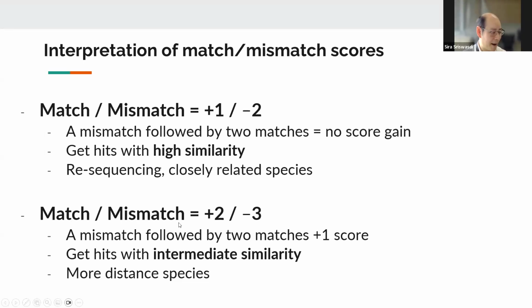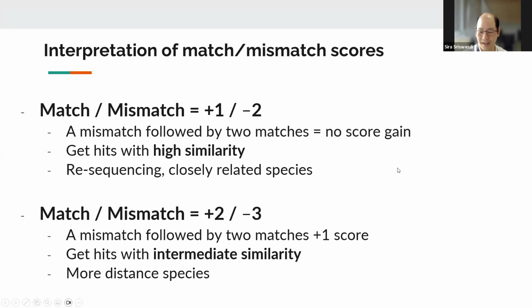But let's say you use a match to mismatch of plus 2 and minus 3. Right? The same situation, if you have one mismatch and you have 2 matches. In this case, you gain a net of plus 1 score. So this scoring scheme allows more mismatch into the answer, because you can offset 2 mismatch by 2 matches and